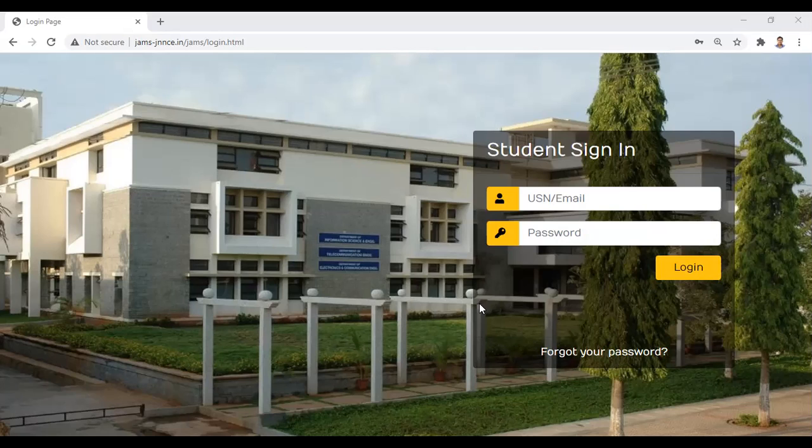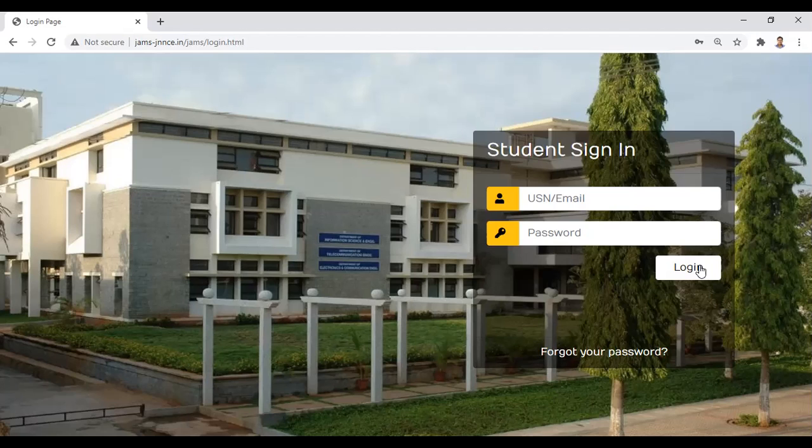In a form like this, we will enter the user ID and password. After typing the user ID and password, we will click on login. Remember, there will be several users for a particular site.